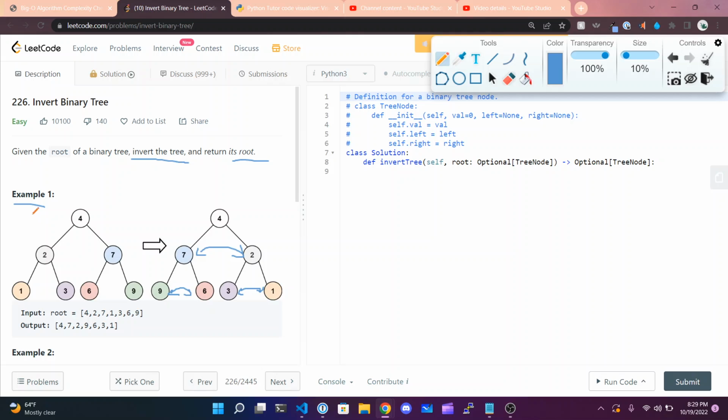So it's almost as if at each layer or level, say this is L1, this is L2, and this is L3. At each level, the nodes are swapped. So in this level, the nodes would be swapped, and then at this level, the nodes would be swapped, and at this level, the nodes would be swapped, and so forth. So this behavior just keeps going on until we run out of nodes, until we run out of children to